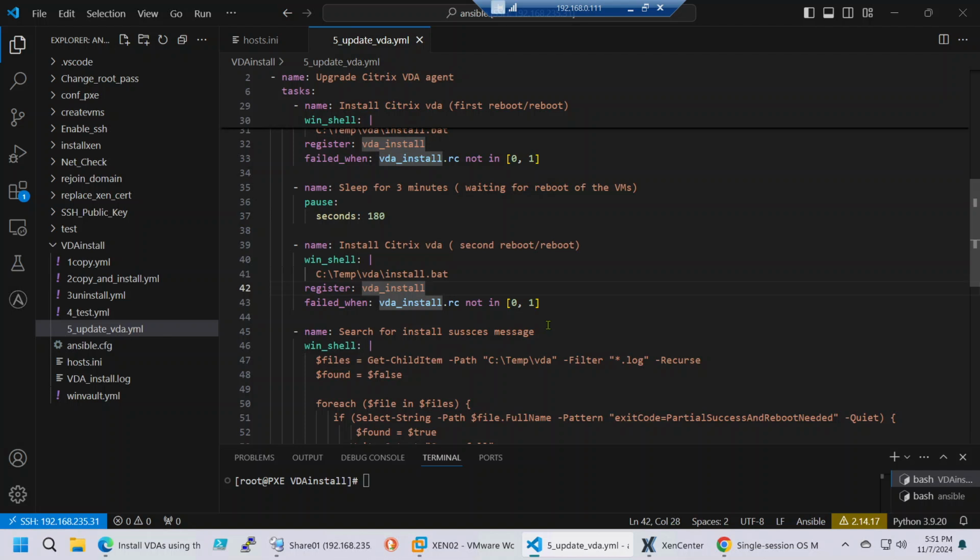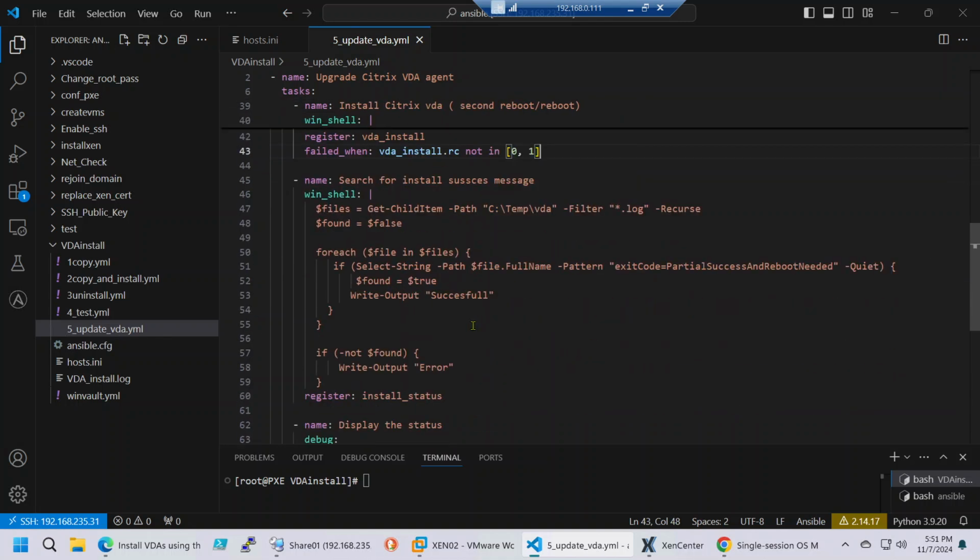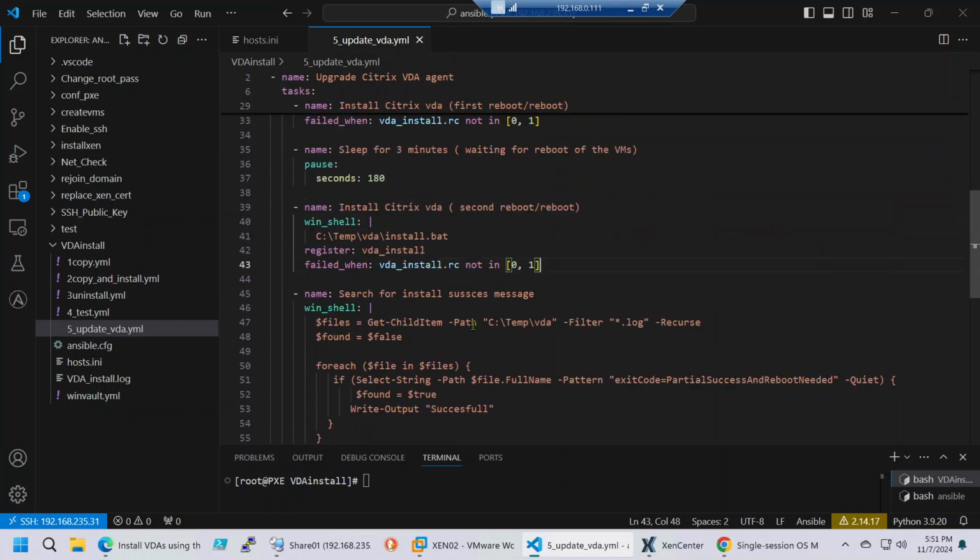I now just have to install the VDA agent itself, and it will install it, and of course it will reboot one more time